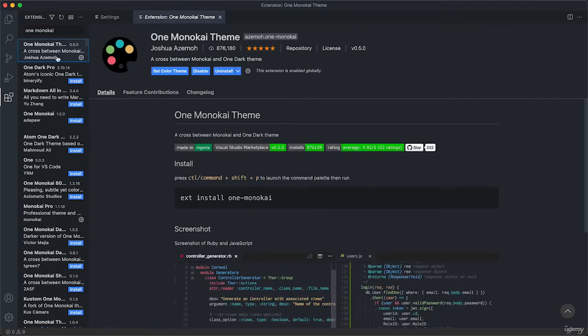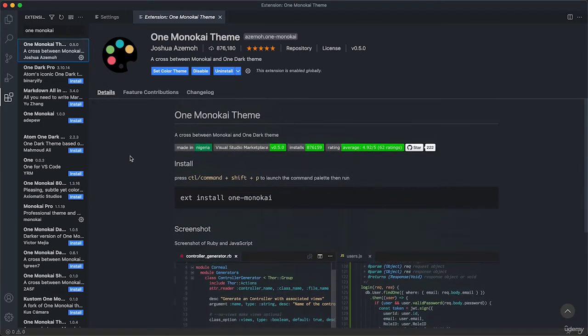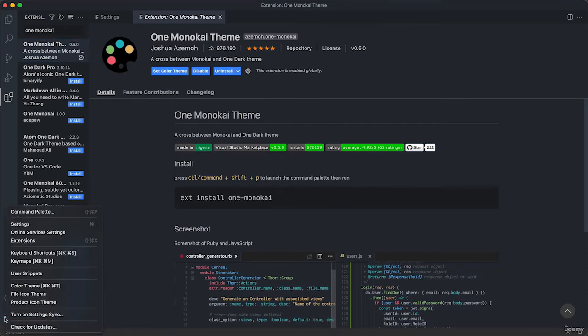So this very first one here, and as you can see down here, it will give our code these kind of colors, and also the VS Code editor itself will have this blue color that you can see already here in this window. So if you want to use this color theme as well to make your editor look exactly the same as mine, then just go ahead and once again download this extension and then set the color theme using this option here. And you can also experiment with some other themes, of course, down here again in the